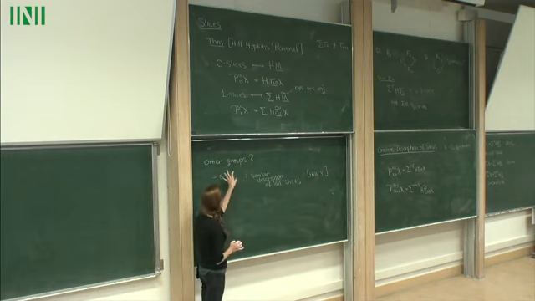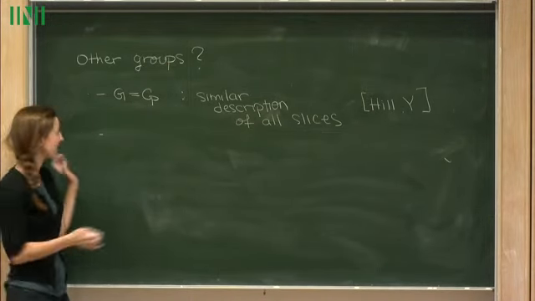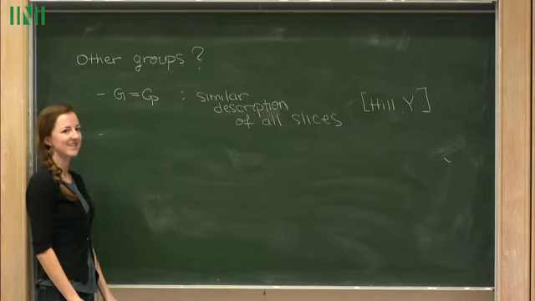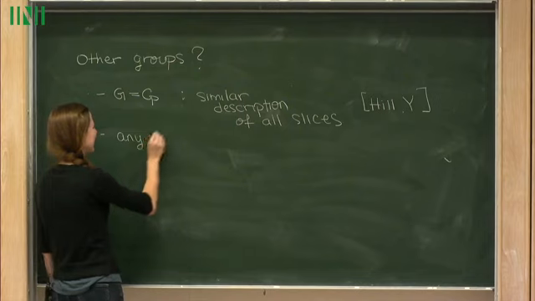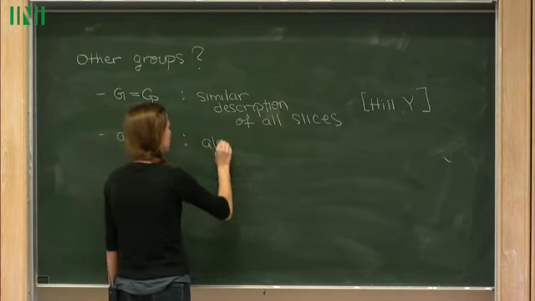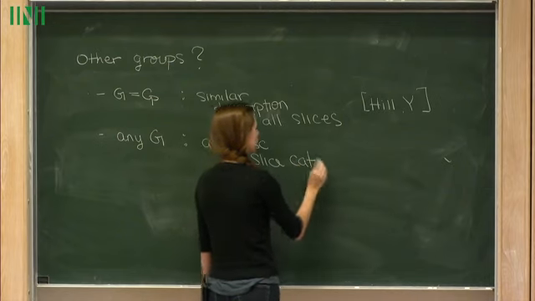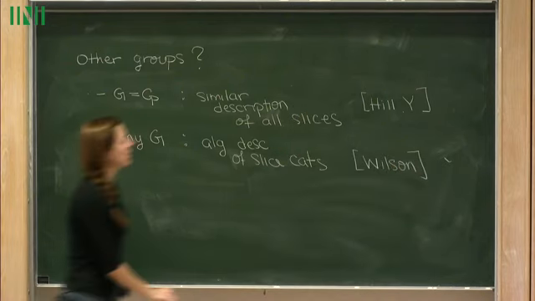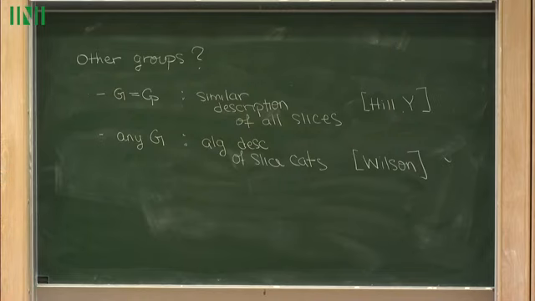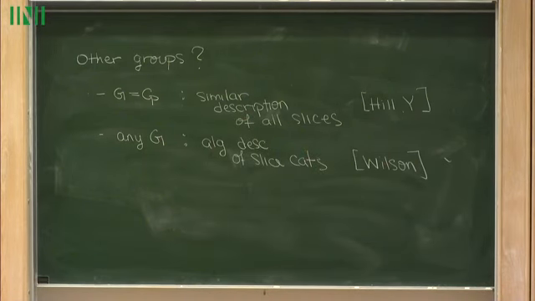I would say maybe if we take Cp and instead think about any group, Dylan gave a nice description of the slice categories. So is it any group, Dylan? Well, groups are finite, right? Yeah, groups are finite. That's right. So there's an algebraic description of slice categories. What does that mean, algebraic description? You can look up Dylan's isotropic n spheres and slice spheres. What kind of statement is it? Ask me about it later. Ask Dylan about it, yeah.